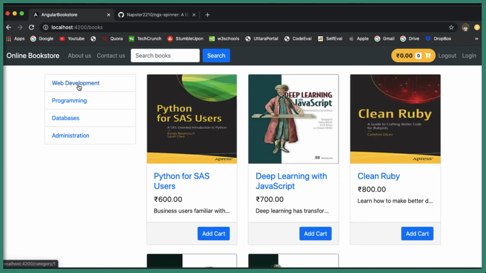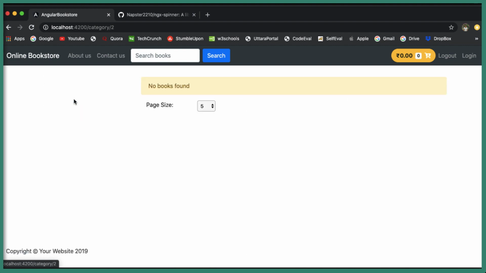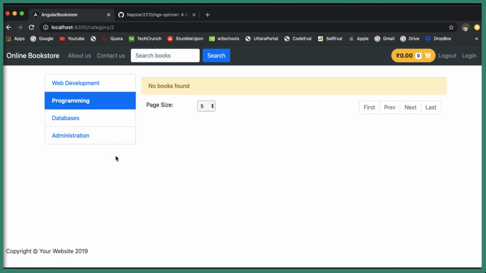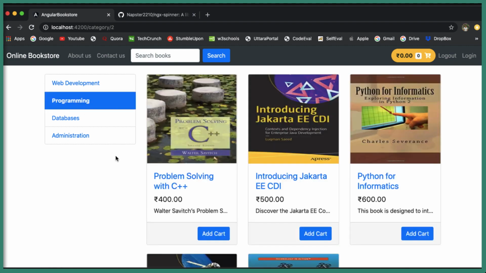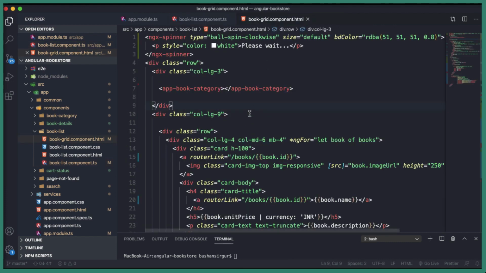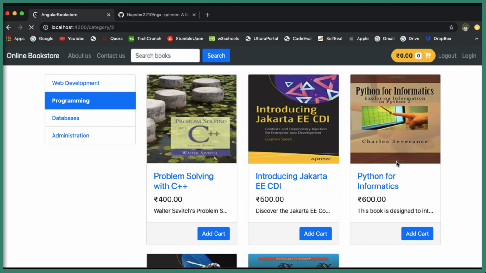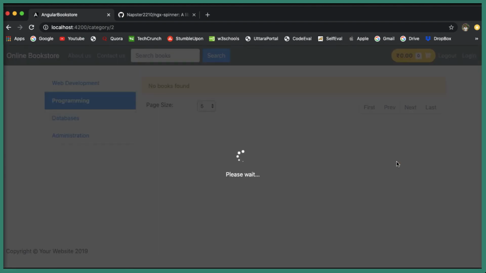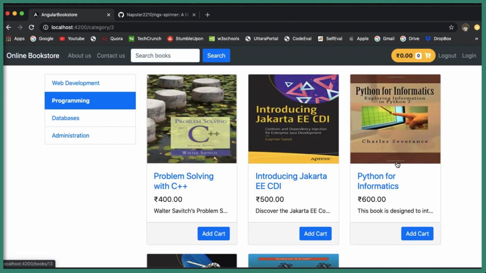But for some reason the loader is not displaying, which means something went wrong with our code. So let's go back to our Visual Studio Code and see what we have written. If you go to the bookread.component.html, okay, it's just a typo error. It should be RGBA, it's not RDBA. So let's change this to RGBA and we should expect the loader. As you can see, the loader and the text which we have added in our paragraph, please wait.